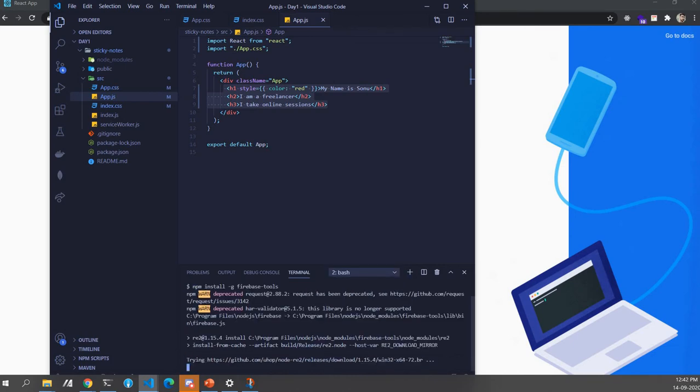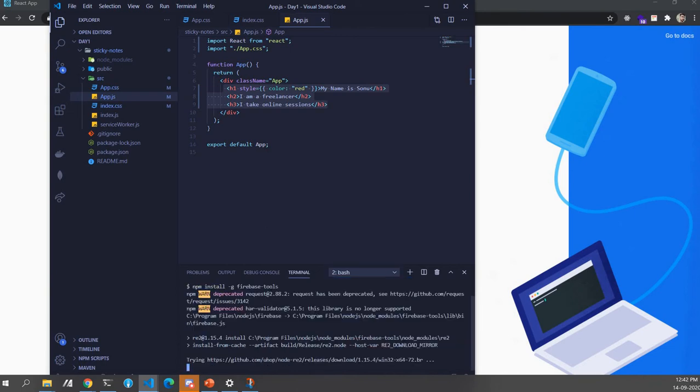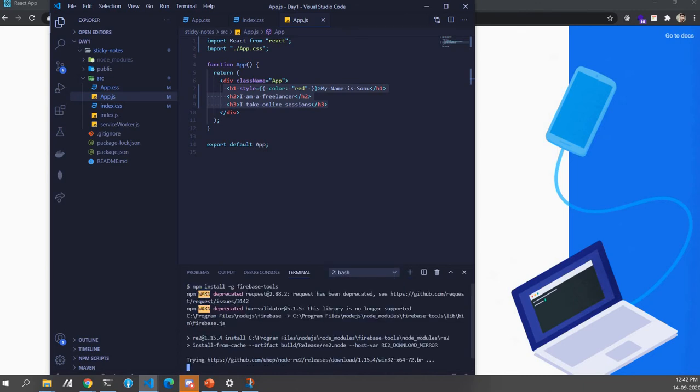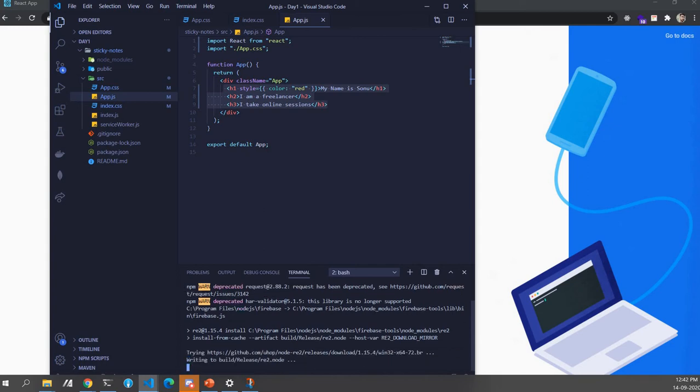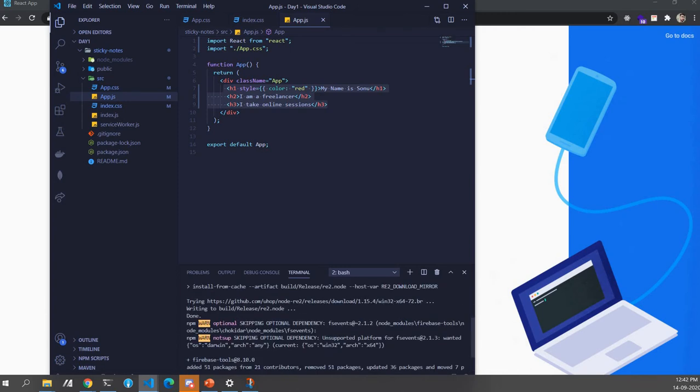So basically we don't always need to create a new terminal, but mostly what I do is in one of the terminals I keep the bash open. I keep the application running, and in the second one, if I need any new packages, I install it there. That's why I'm doing this, so that our app, our website doesn't stop from running.